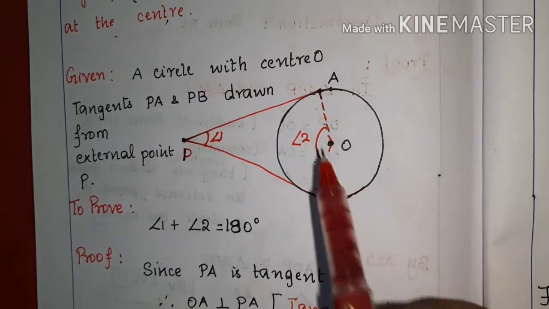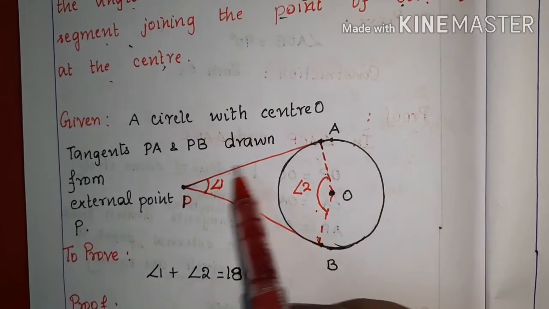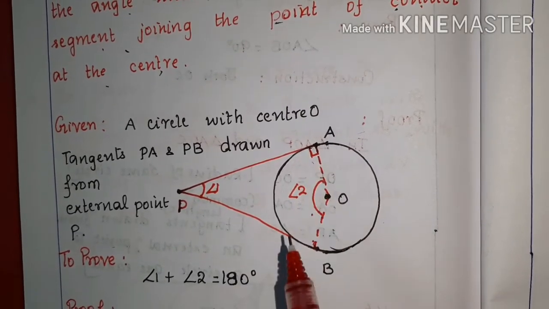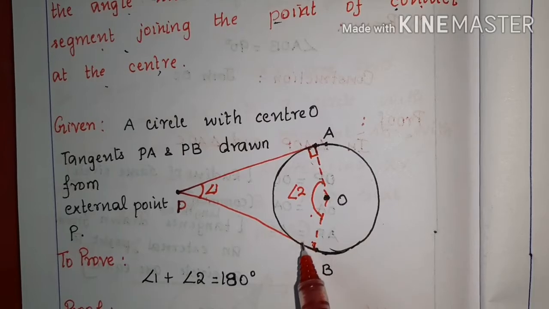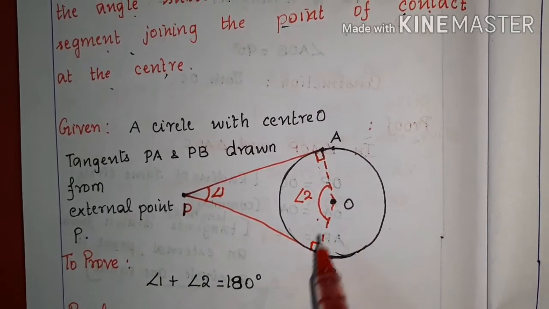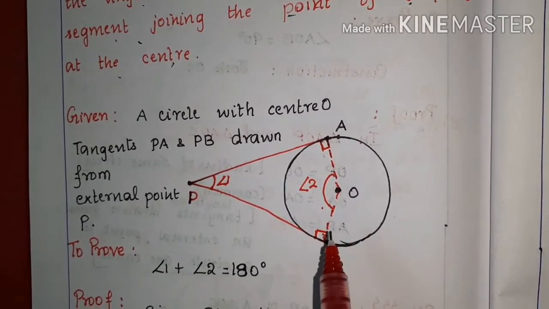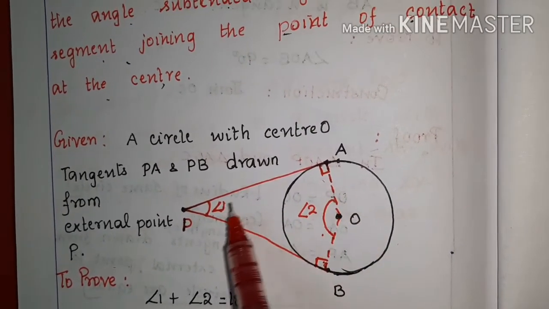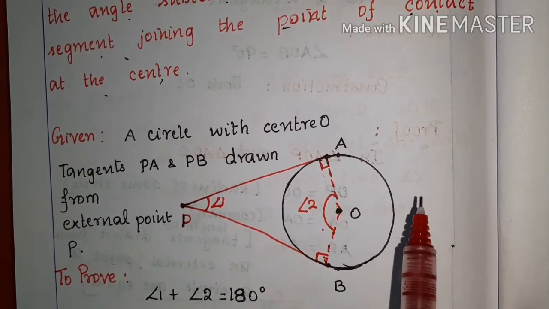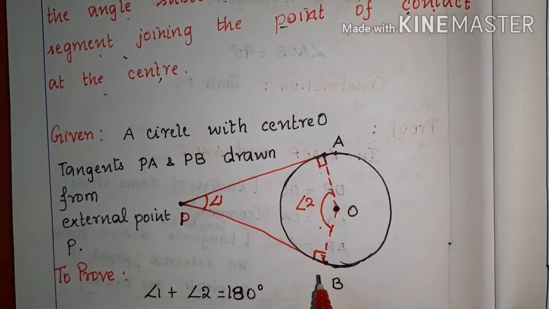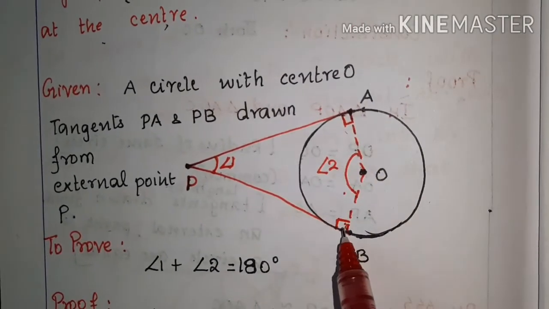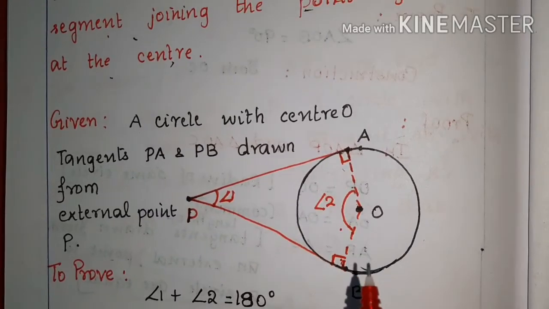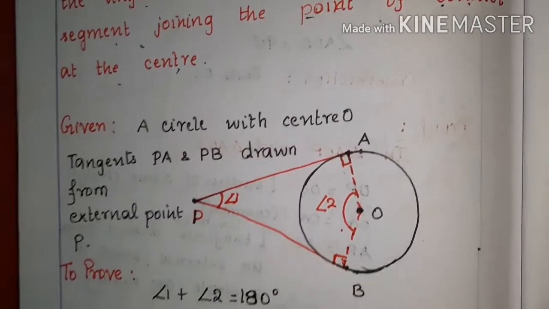So here you know already that the tangent at the point of contact is perpendicular to the radius by the tangent radius theorem. So this is 90 degrees. Likewise, here also it is perpendicular to the radius. The tangent at the point of contact is perpendicular to the radius, and we can apply the angle sum property. So when you add all the four angles, it is equal to 360 degrees. It's a quadrilateral, isn't it? OAPB. So the sum of these two angles is now 180 degrees, then the sum of the other two angles also is equal to 180 degrees. Hence you get the required result.